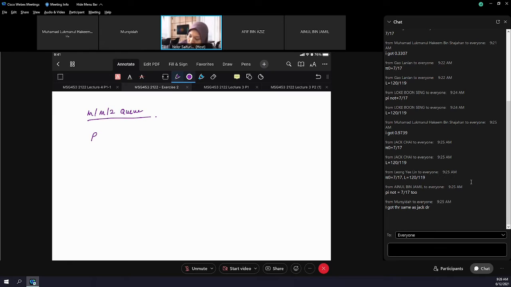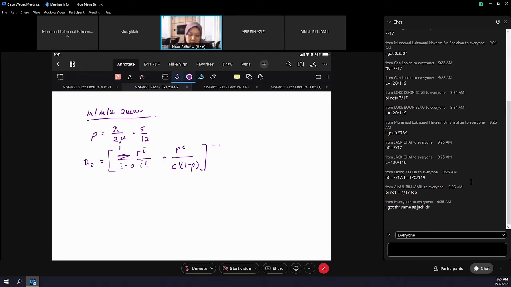So your rho, you should get rho is lambda over 2 mu, which is 5 over 12. And then for your pi naught, you have to substitute in the formula. So you should get the sum for i equals 0 until c minus 1 of r to the power of i over i factorial, plus r to the power of c over c factorial times 1 minus rho, all inverted. Did I get the right formula? Okay, so this is for your pi naught.